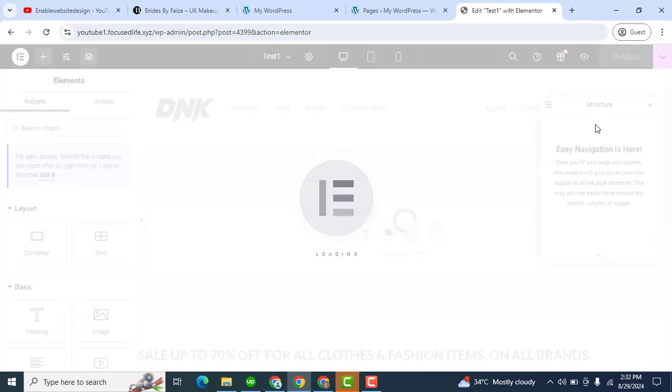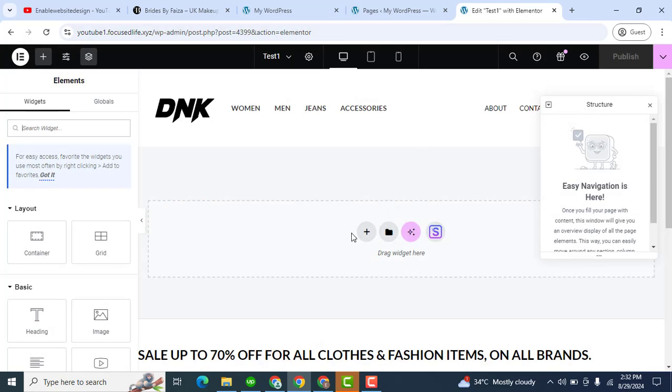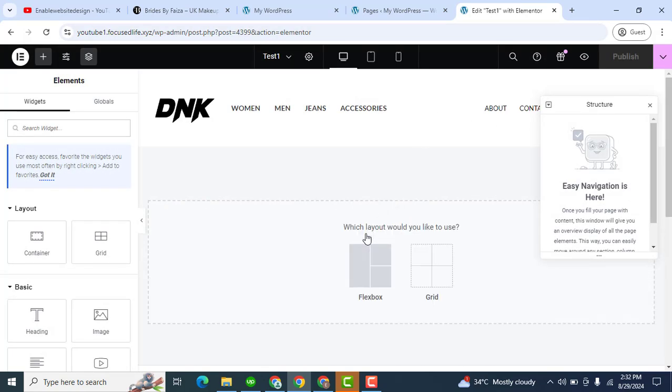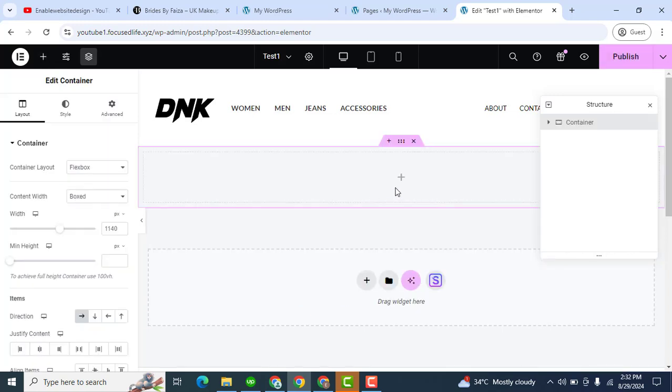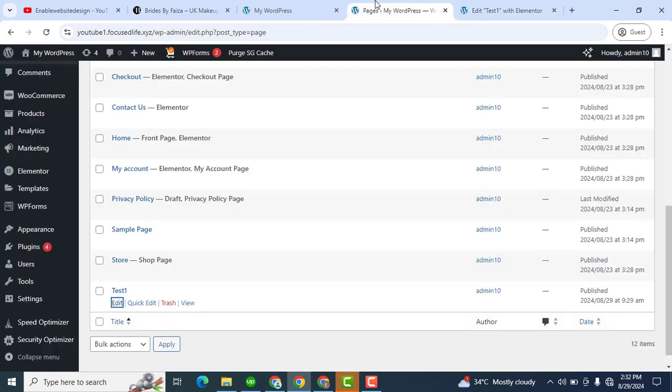So now the Elementor page builder is loading. After that, the next step is here we can add a new section, for example, one column. Then we can add a shortcode, but before that we need